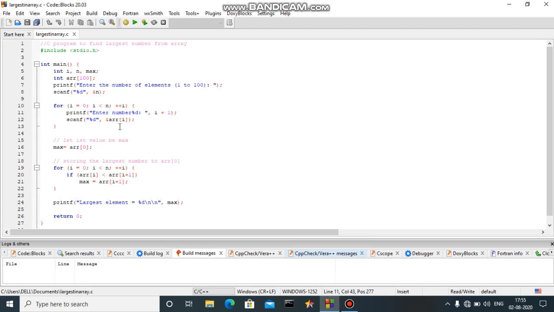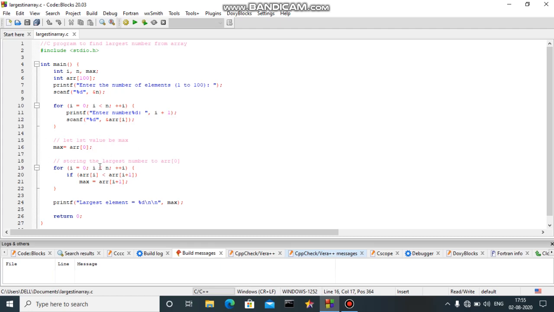After taking input of the array from the user, we'll move towards the main logic, that is finding the maximum. As of now, we will assign the first array element as the maximum because we will start comparing from the first element to the last element. So our maximum as of now is array of 0, that is the 0th position of the array. Suppose our array elements are 1 2 5 4 3. Then the first number will be 1 and the value of maximum is 1.